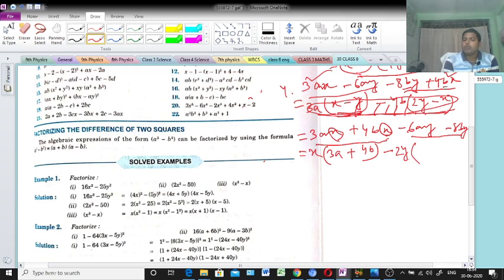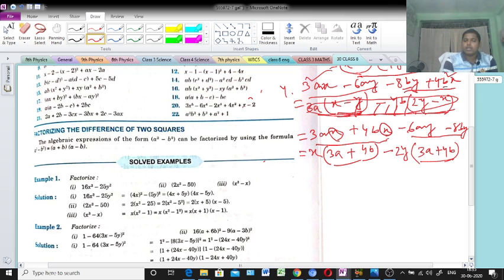Clear? So after taking common what are we getting? 2 already taken, that means 3 will come, 2 times 3 is 6. Y taken, that means a left. Minus already taken, so what sign will come here? Plus sign, positive sign will come. From 8, 2 taken, that means 4 will come. Y also taken, b left. Now check in the bracket, is the same thing coming or not? Yes, the same thing is coming, 3a plus 4b, here also 3a plus 4b, that means it is correct.